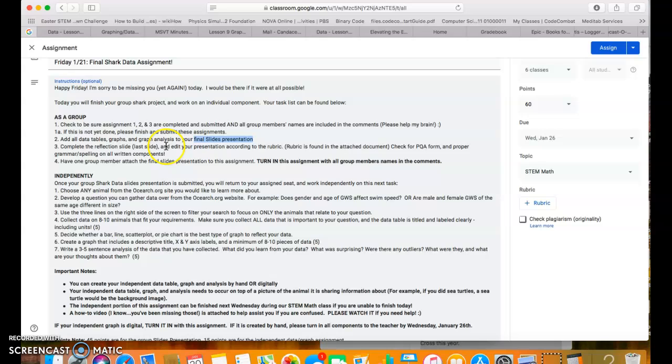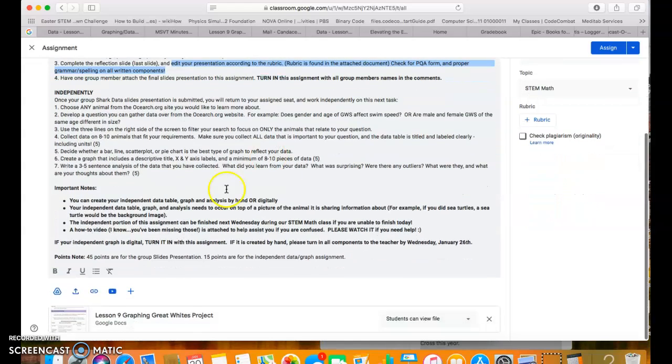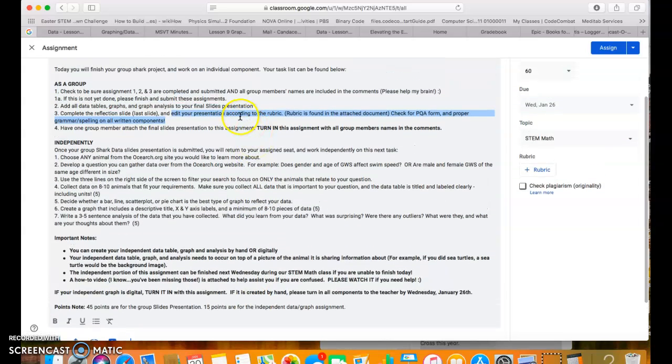Once you've done that, there is one last reflection slide that needs to be completed on that slides presentation, and you want to make sure that you edit the whole presentation according to the rubric. If you can't figure out where the rubric is, don't worry, it's attached right here to your assignment, so you can read that. Once you are confident that yes, you guys have been rock stars and you have A quality work,